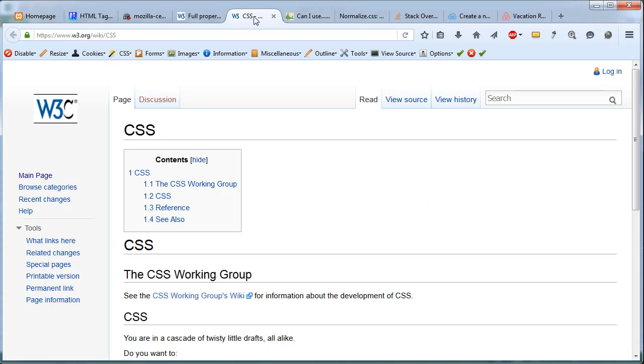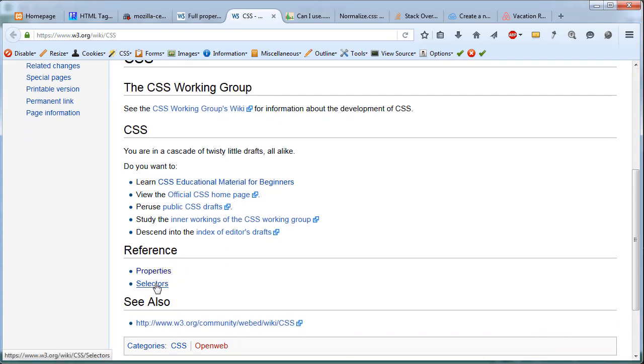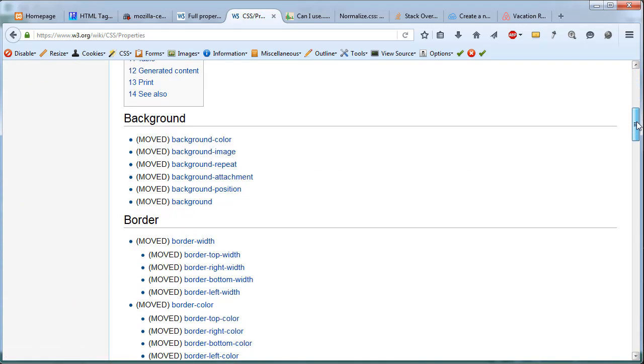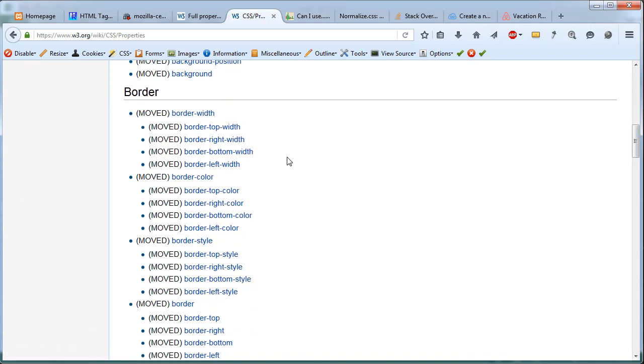However, usually we nevertheless have internet access, so it's a preference thing. And the website I would recommend is the W3, the actual website from the organization in charge, which consists of all these members, the browser companies, etc. Here is always the most updated information. On CSS, for example, it's always the wiki and then slash CSS or HTML. Here we find the information, all the properties, all the selectors. Let me just click on properties here, for example. Then all the properties come up, and once we click on them, the description of each property comes up. So this is the website that I recommend using if we ever have questions on values, properties,